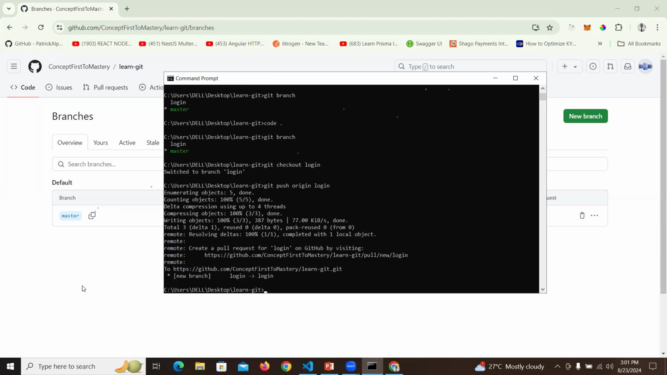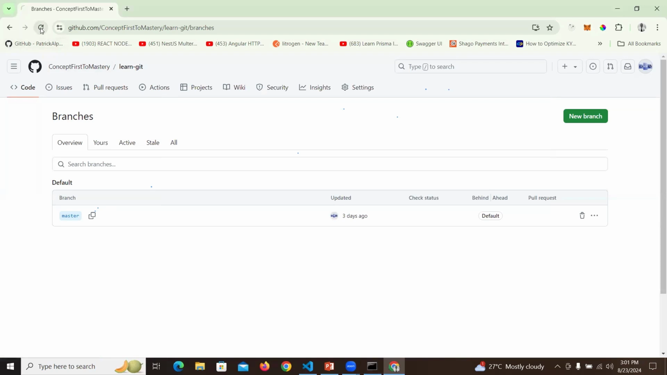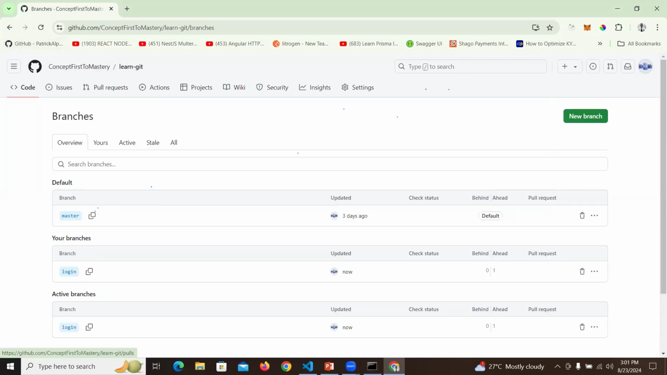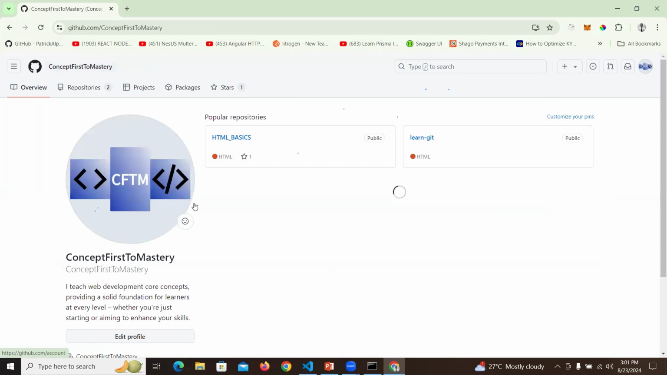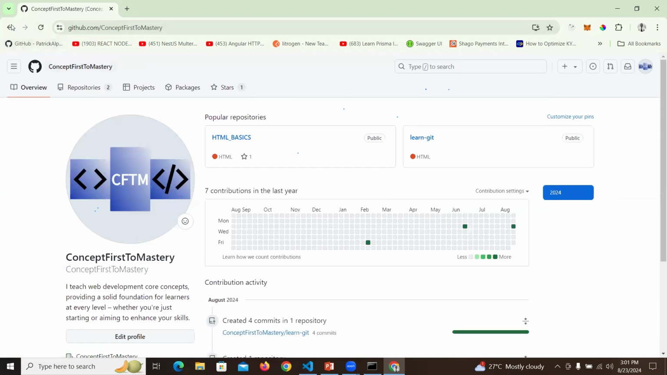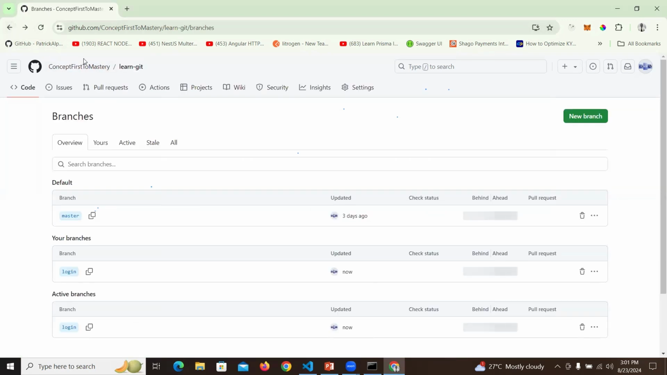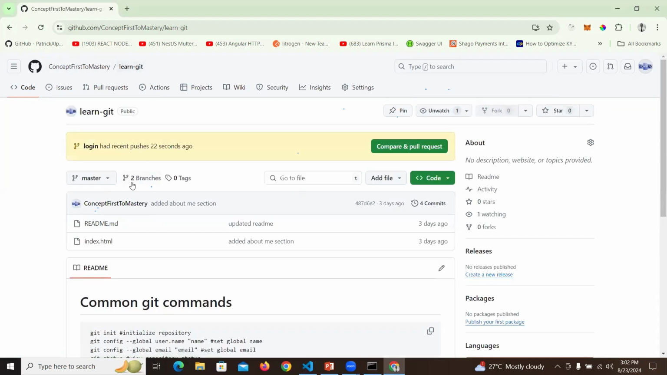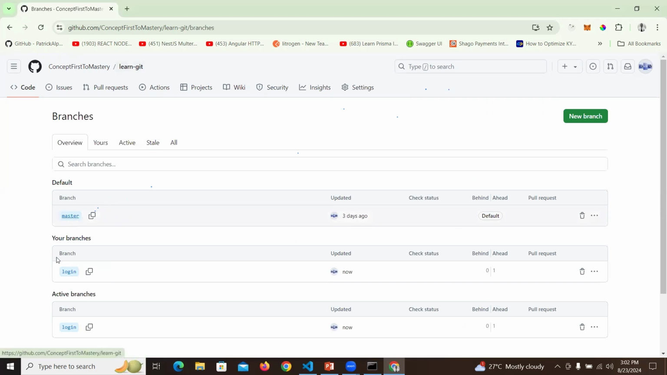So now it's pushed. If I come back here and refresh this page, we should now have two branches, right? Can you see now I have this here? This is the new branch. So if I come back here, you can see now that I have two branches, and it's already telling me that login has recent pushes, right? And if I click on it, you see that it's going to tell me I have a master branch and